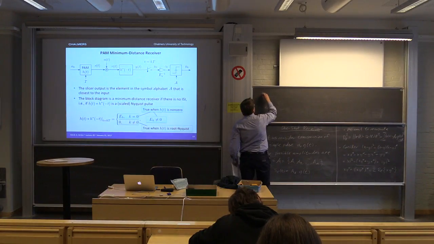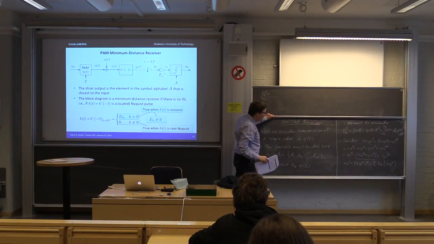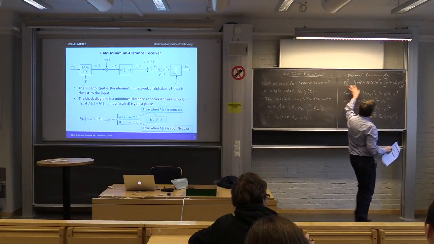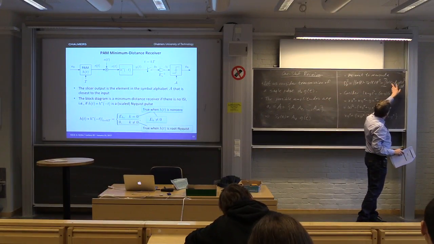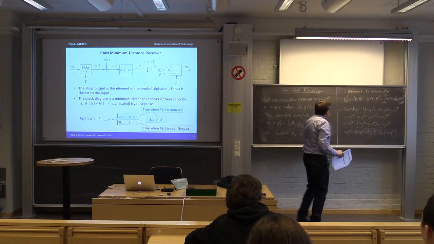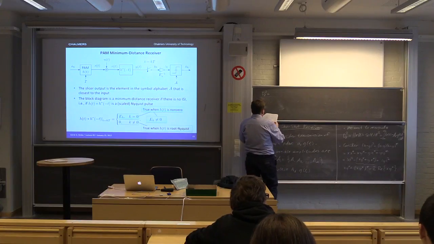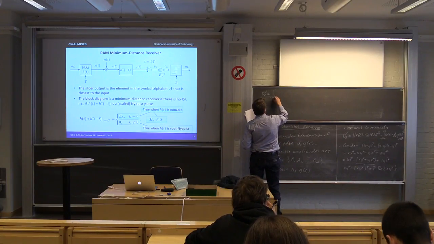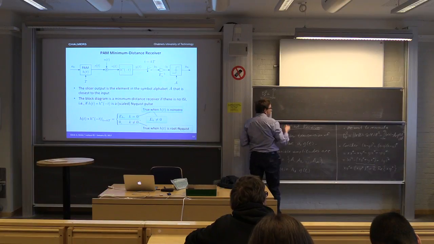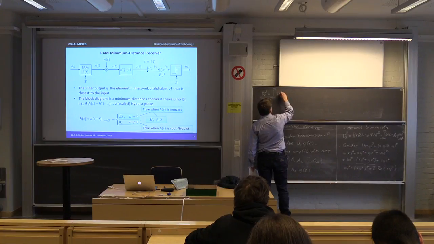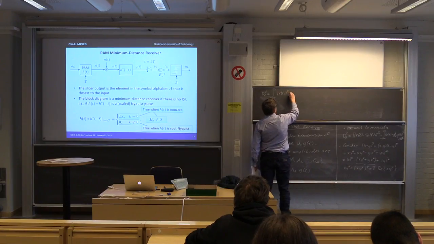So d_l squared, that's what we're looking for. And what is d_l squared? Well, it's this integral here. And then we know that we can simplify the integrand according to this formula here. So we simply have this as the sum of three integrals. The integral from minus infinity to infinity of the first term magnitude squared, which is the magnitude of r(t) squared dt,